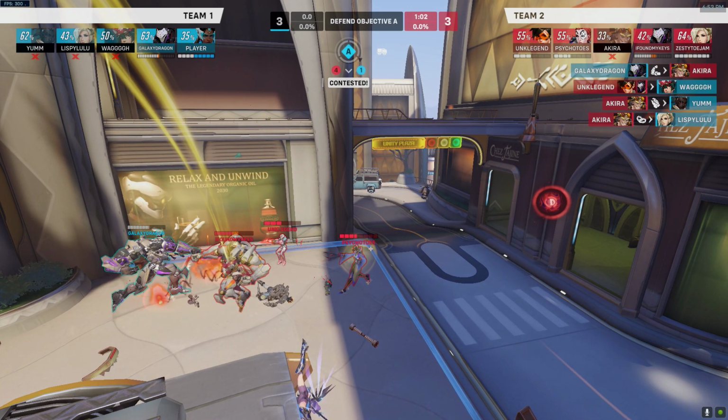Okay, so again, number 1, learn the map. Number 2, understand what your job is and do your job. Number 3, play the right hero for the map that you're on, or set style of hero, let's say. And number 4, I'd say play the ability usage stuff that I talked about for